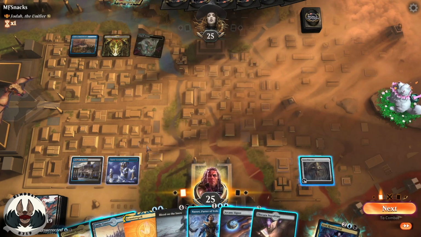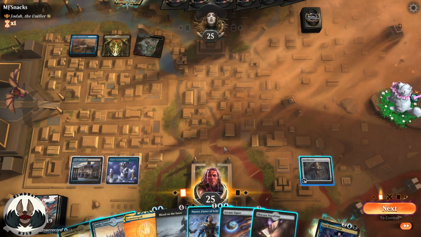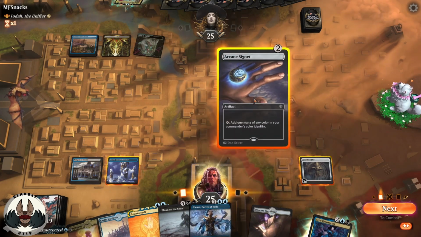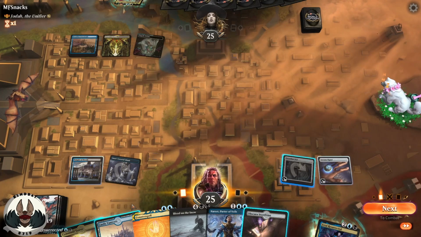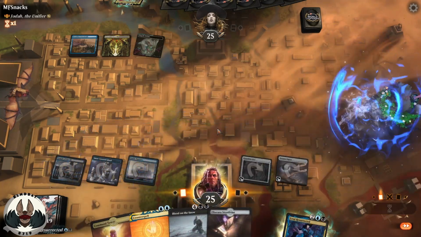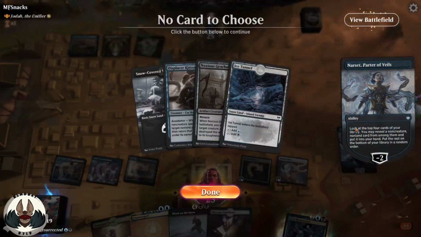If I were to do two, I have the option of doing Obscura now, or I could do Obscura and Narset, or if I go Arcane Signet and then land, yeah, I'm going to go for that. I think Arcane Signet, let's go with the Castle Vantress, and then I get a Narset out. This way I'm ramping, I get some more cards going, and then I'm able to...